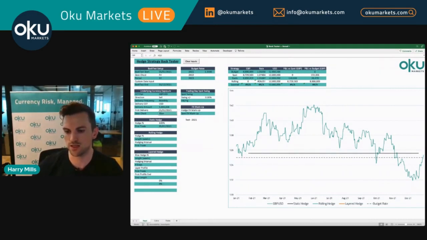Okay, so there's our static hedge that's just come into play here. So we can see where we would have been hedged for the year. That's not a very good level, but it's above budget at least. Okay, so if we did a rolling hedge, let's say we wanted to hedge 80% across a quarter, so 13